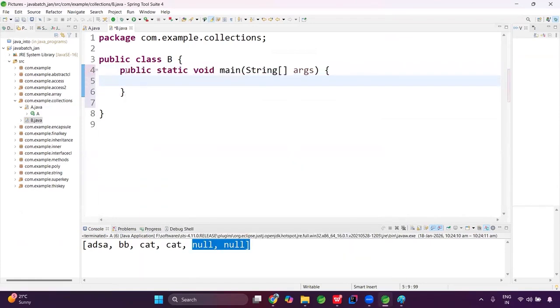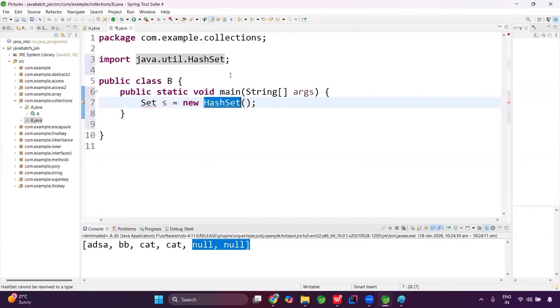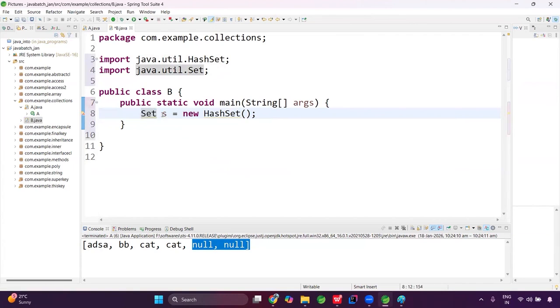Now let me take a set. Either you can use hash set. All will come from the util package only. See here we have multiple options, right? From the util package only you have to select. So let's say,